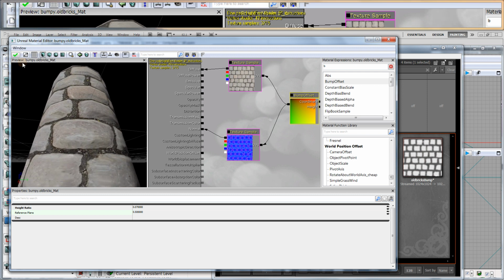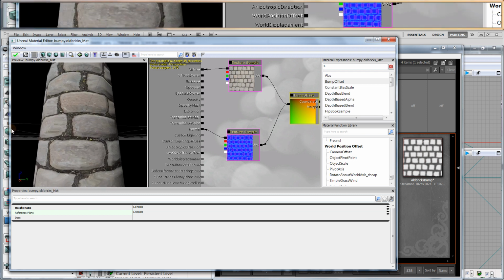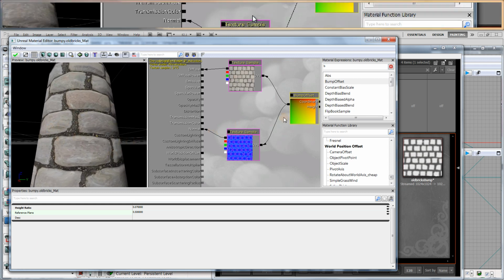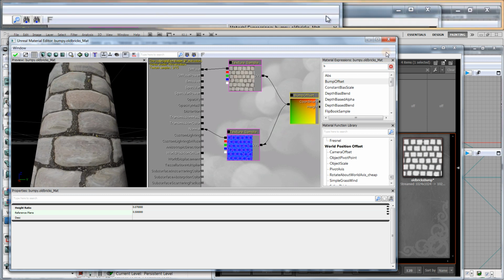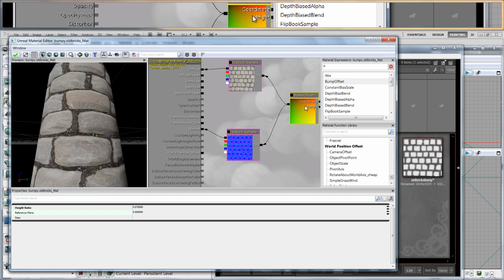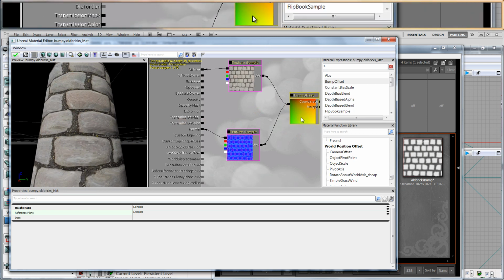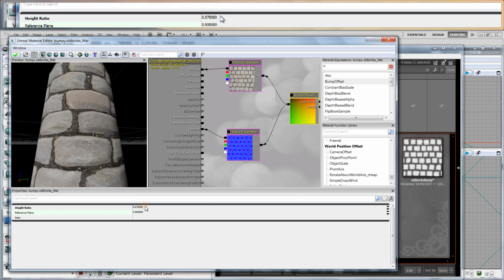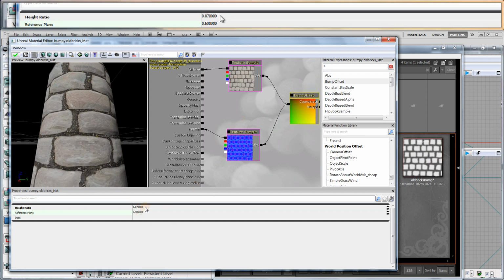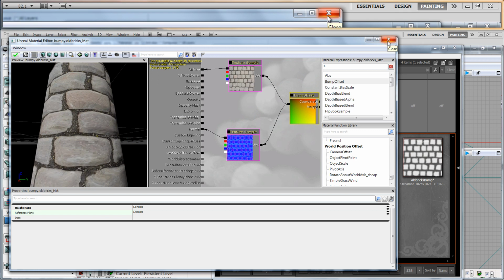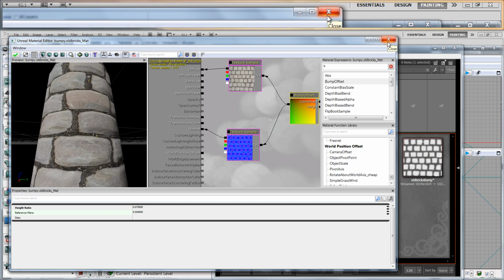Now you can see a bit of stretching, and that's where essentially flat pixels are being used to map onto the surface area as if it was 3 dimensions. So some tempering of the effect of a normal map, of a height map, sorry, might be advisable. So you can do some of that through messing around with the height ratio, but sometimes you need to put a multiply in there and put a less than 1 figure on the multiply, which essentially is a divide, just to tone down the height map